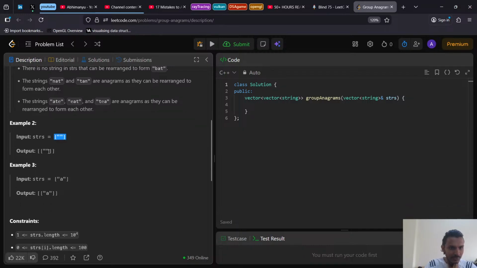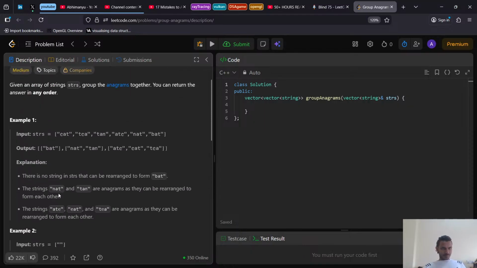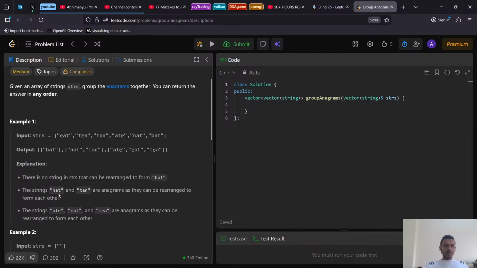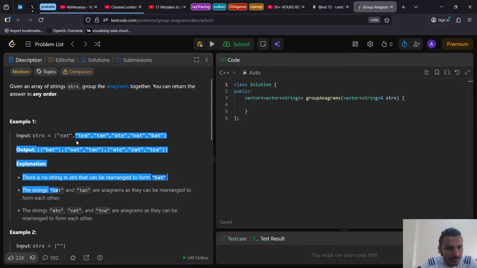If it's empty, we are going to return empty. If it's "a", we are going to return a single "a". Okay. So, try to figure this out. Okay. What we are going to do is